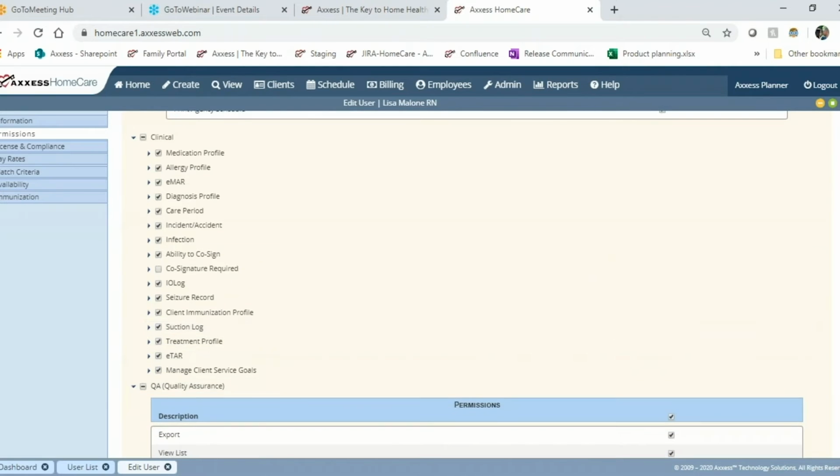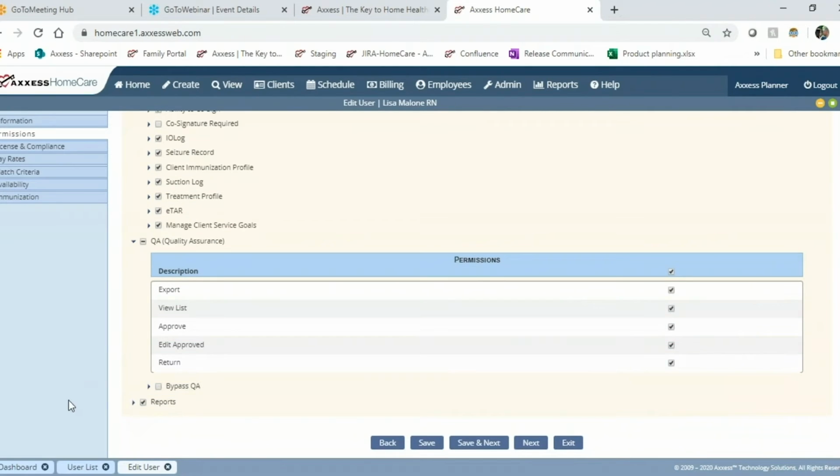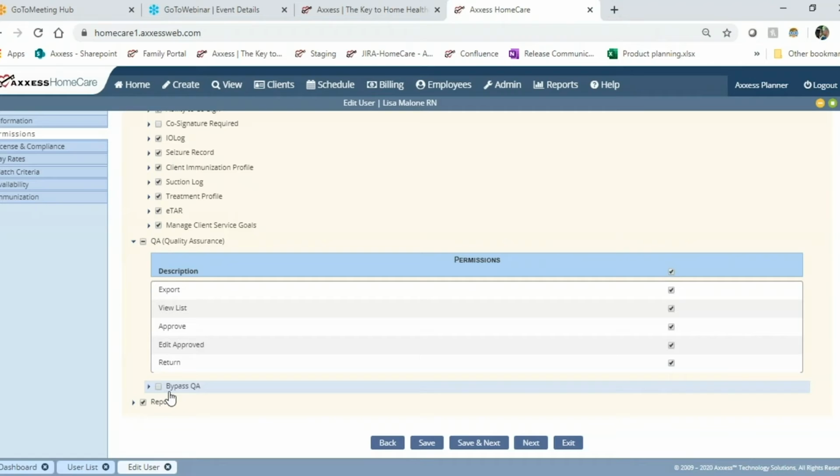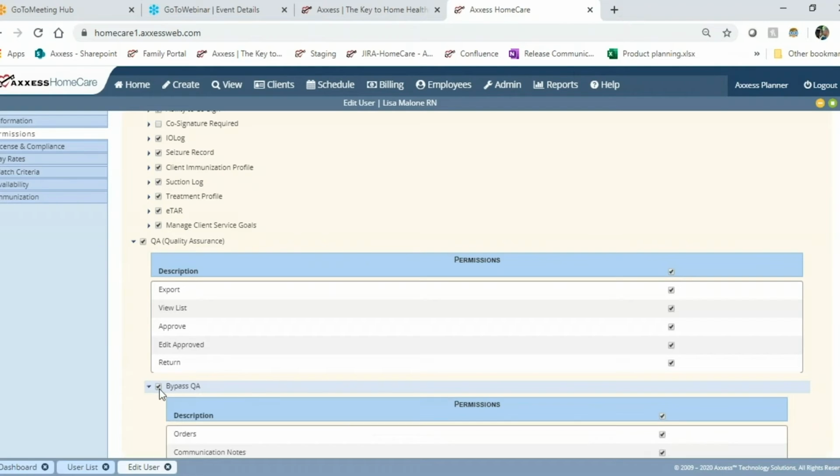There's also some QA permissions. So this would be who can take a look at QA, who can approve or edit QA, who can return documents to the users who submitted them. There's also a bypass QA button. So for someone like your director of nursing, or maybe a clinical supervisor, or maybe that rock star home health aide or nurse that has been on staff with you for the last 6 years and you know their documentation is amazing, you can select to bypass QA,